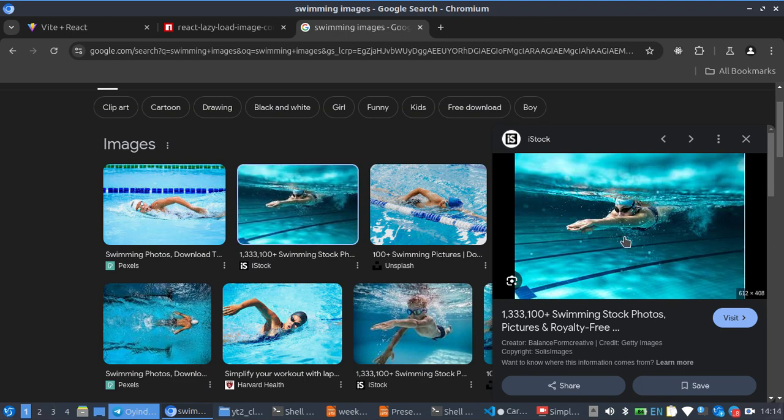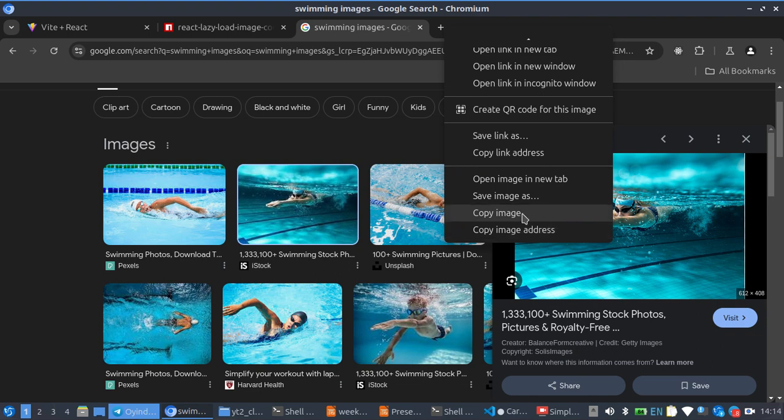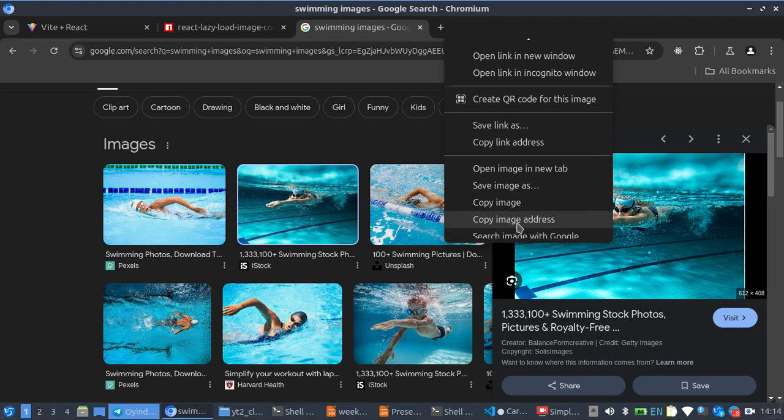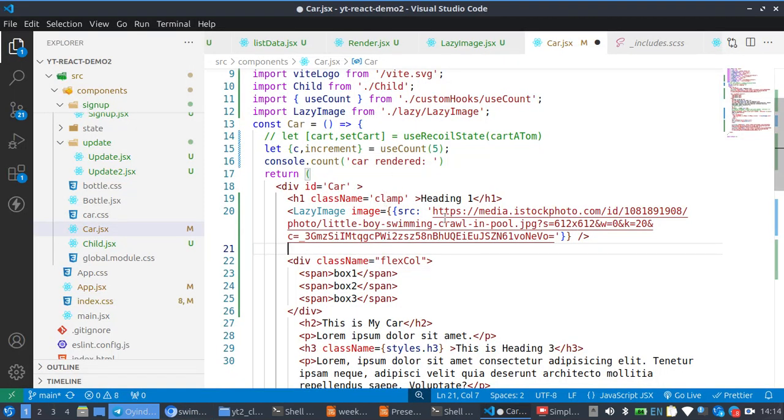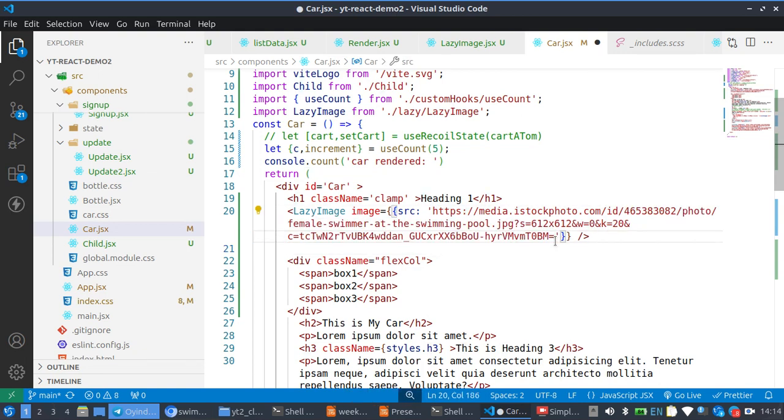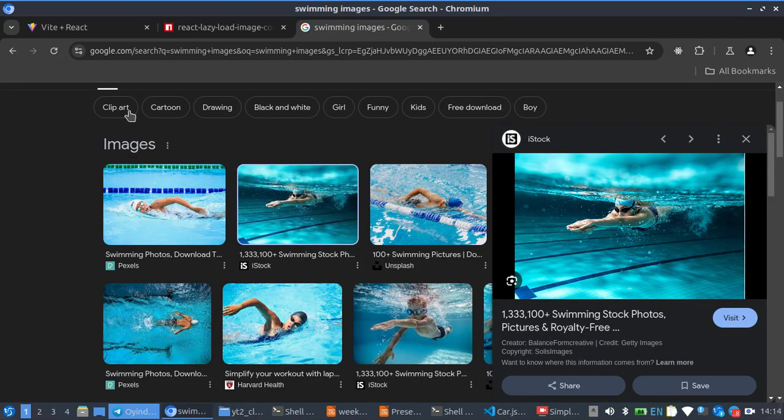This one is just a dive into the water before the front crawl starts. So copy image address, then the src, I'm going to edit that, paste. So now if I save this, go to my